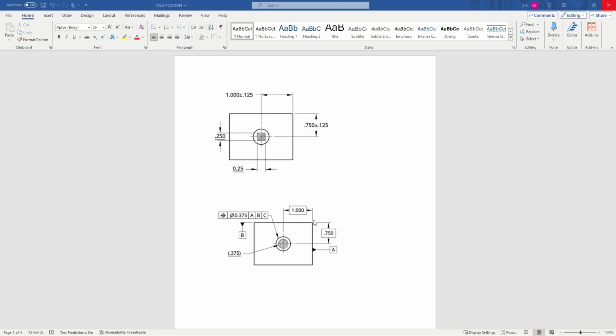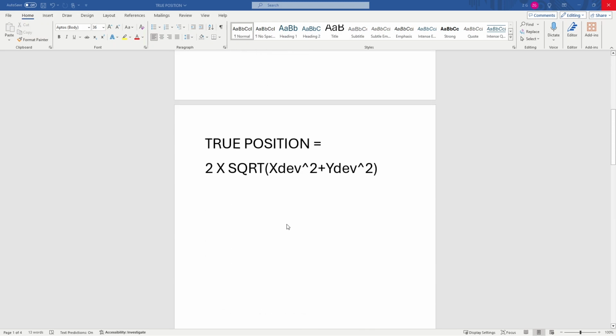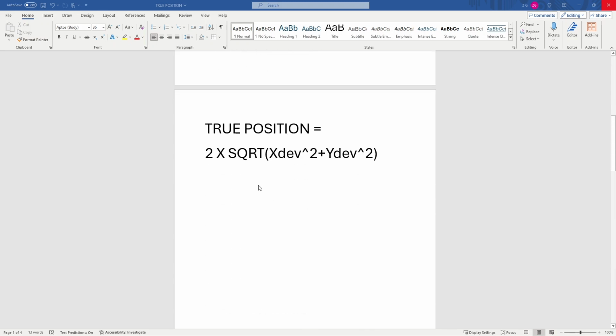And below that we have a similar feature with the same dimensions, but now we have a diametric tolerance, a true position value. So this is the equation for true position, 2 times square root of the deviation of x raised to the second power plus the deviation of y raised to the second power. It can be a lot to remember, and doing more than one or two can get tiresome. So as a quality technician, I was always looking for a way to speed up this process and make it